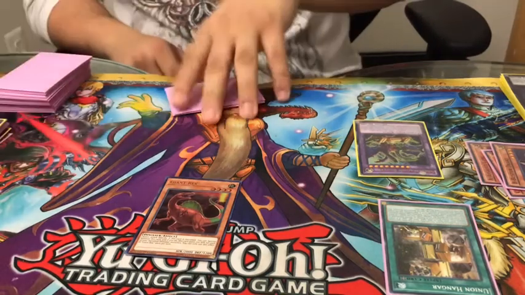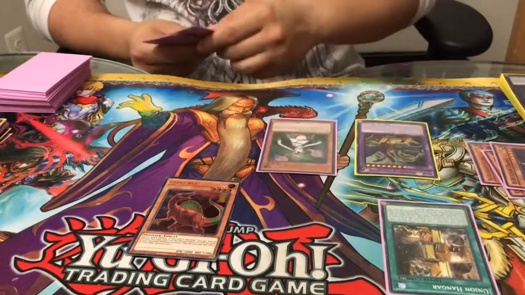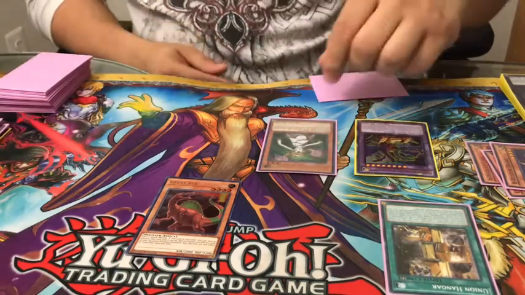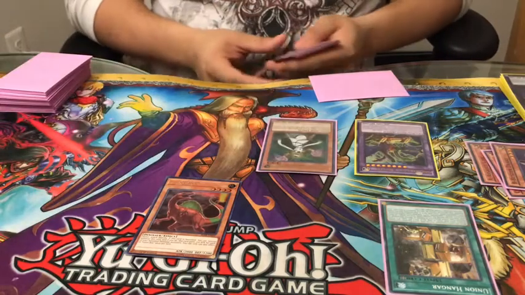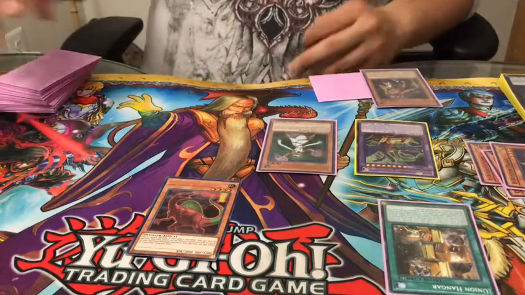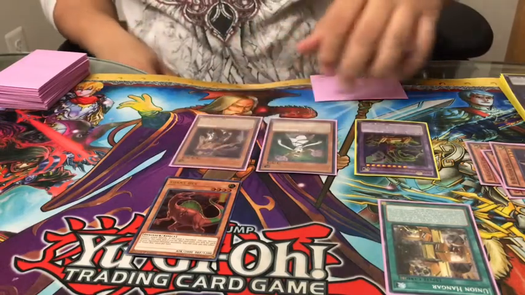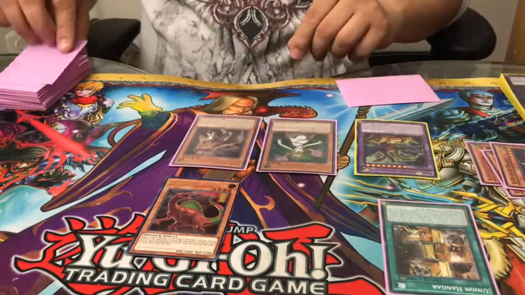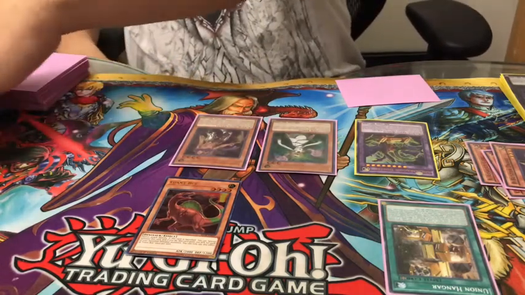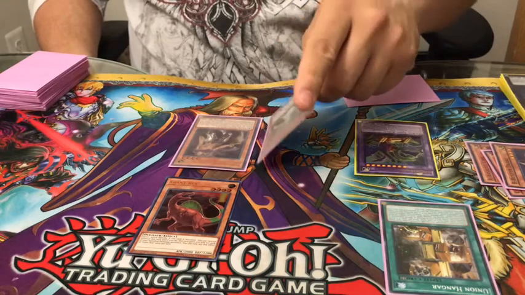Okay. Yep. Normal Lumina. Lumina's effect, I'm going to send Minerva. Target level 4 or lower Lightsworn monster in your grave, add it to your hand. Actually, special summon the target. So then I'm going to special Raiden. Right? Raiden's effect, milling 2. Nothing. Nah, I know what changes I need to make to this deck. Then I'm going to...